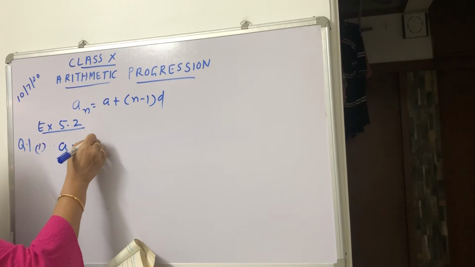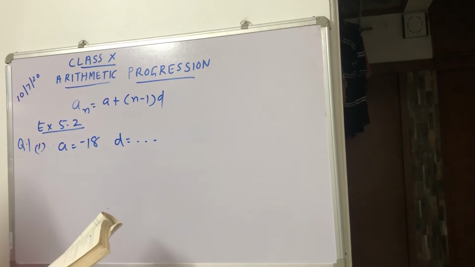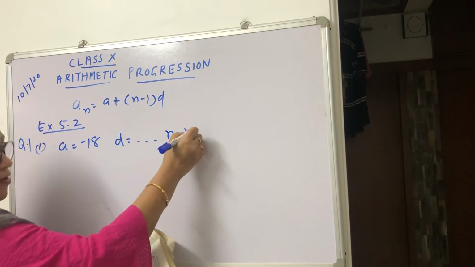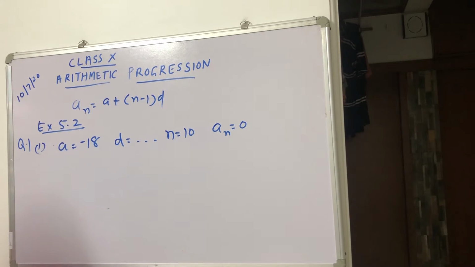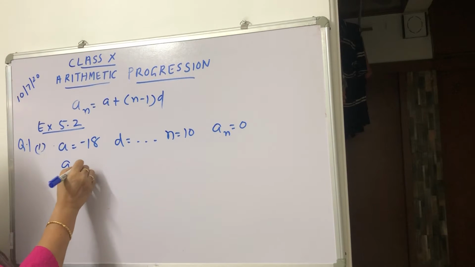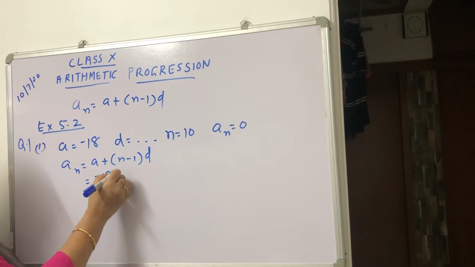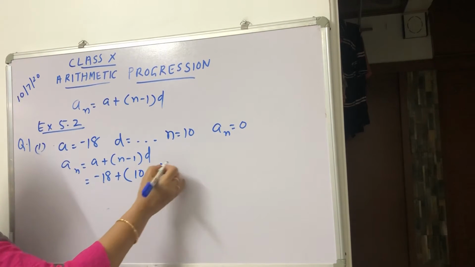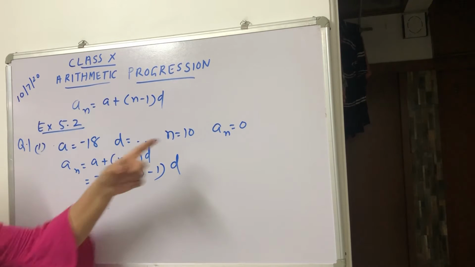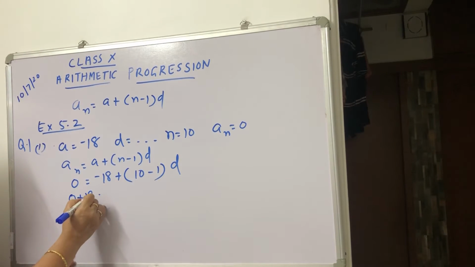a is given as minus 18, d is not given, n is equal to 10, and a_n is equal to 0. So a_n = a + (n - 1) d, minus 18 plus, n is 10, 10 minus 1. You don't know the value of d, but a_n you know, that is 0. So I am taking this 18 to this side: 0 plus 18 equal to